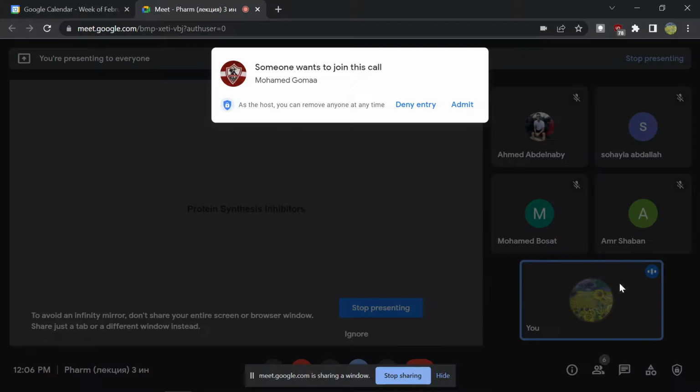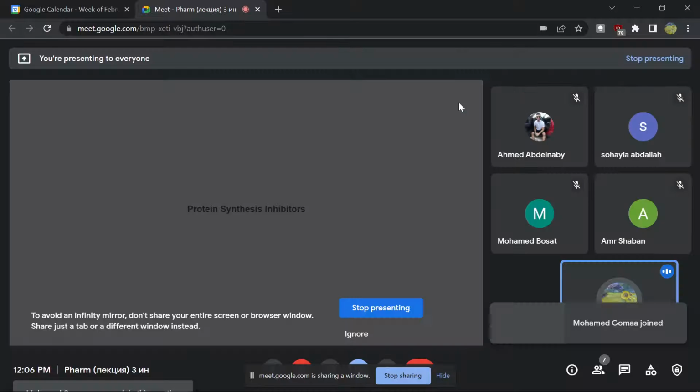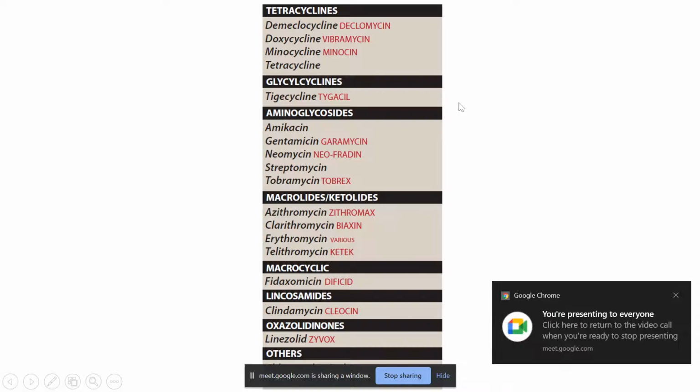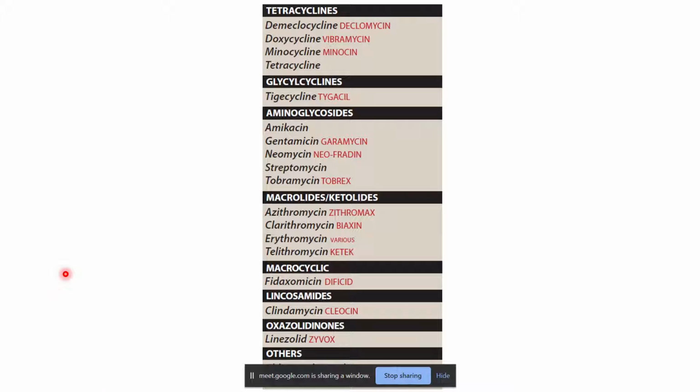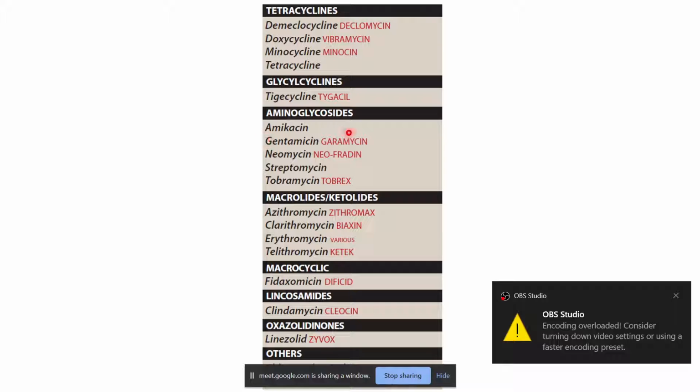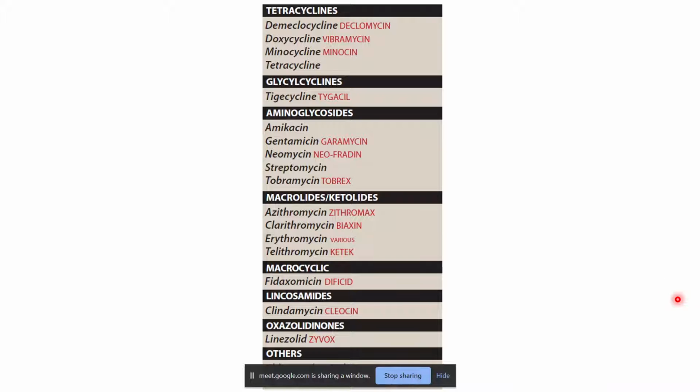Today's topic is protein synthesis inhibitors, and this group includes tetracyclines. The most commonly used tetracycline is tetracycline itself, but also doxycycline. Doxycycline is more effective and long-acting,